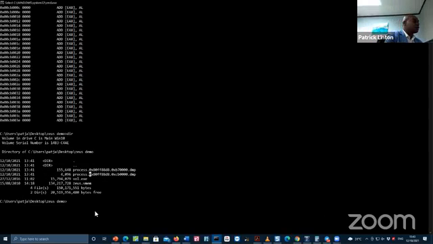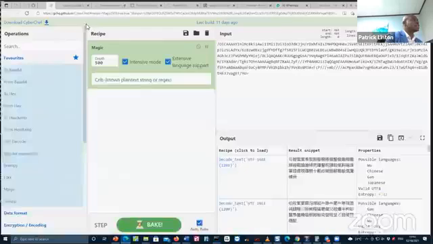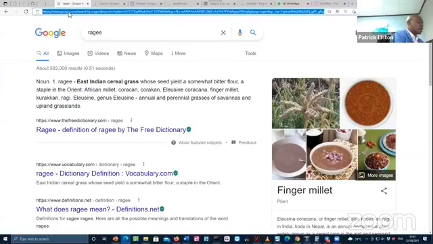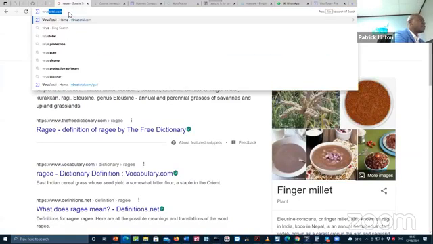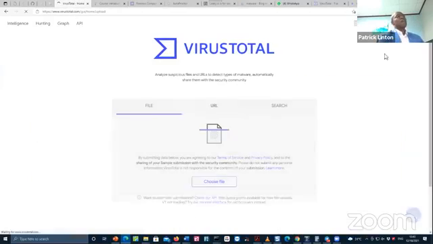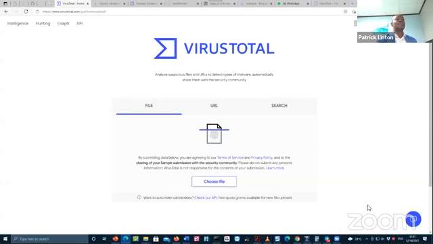So quickly, we're going to look at VirusTotal. So VirusTotal is used by every single cybersecurity analyst in the world. You must use VirusTotal. There are other services, but I think they have one of the largest databases on malicious applications, right? And you know that they store them based on URL.